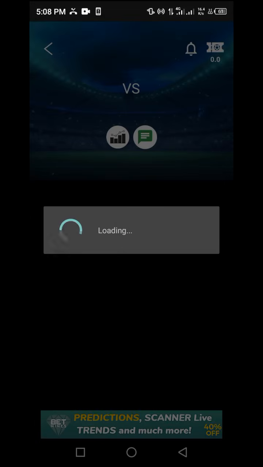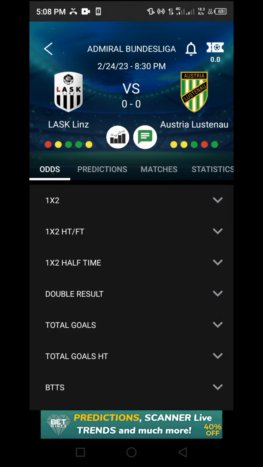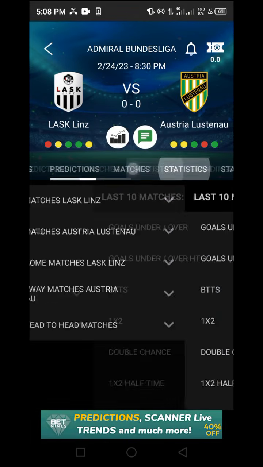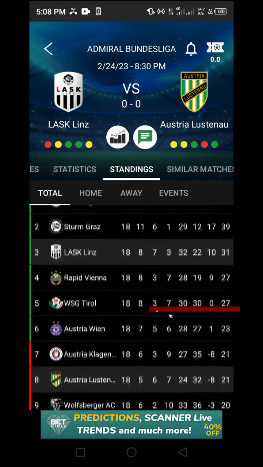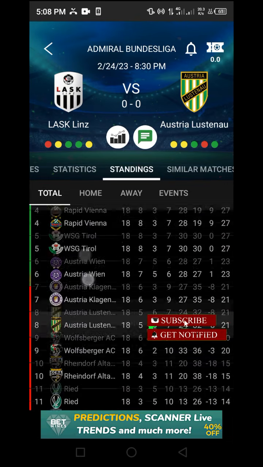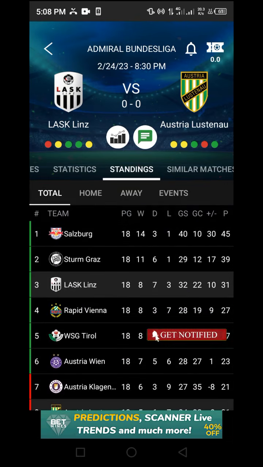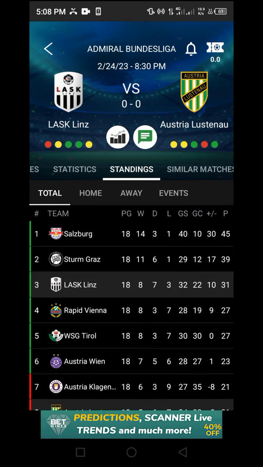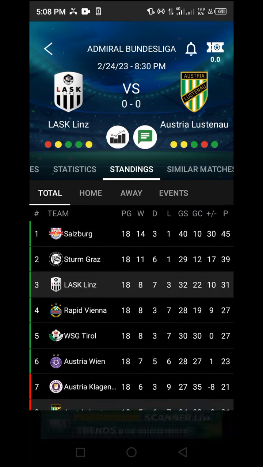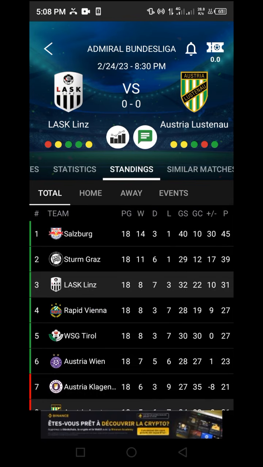Click and repeat the same process, making sure that once this loads, you go directly to this area that says standing, and try to look for these teams on the standing table. Look at the number of games played, the number of wins, draws, losses, goals scored, and goals conceded, and you're going to know exactly which one is the best performing team to choose as home to win or away to win. And once that has satisfied your need, just make sure to come to matches and see the